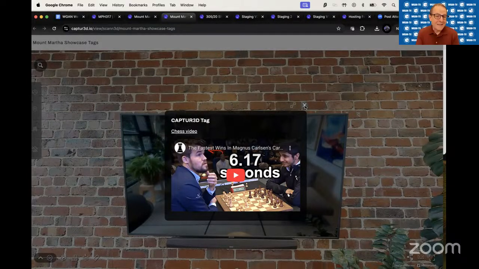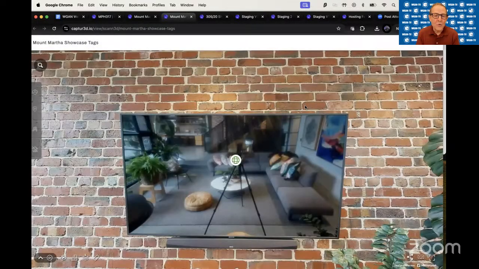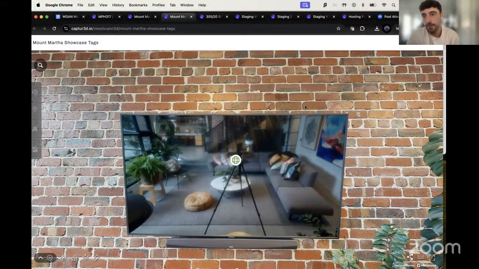So in just this small example, if you wanted a video to play within the Matterport tour, you could do it by adding it with a captured tag, or you could add it within the Captured Creator Studio to literally put, metaphorically speaking, a TV set up on that wall, and it would just play full screen when you tap it. Exactly. Yeah, that's definitely possible.